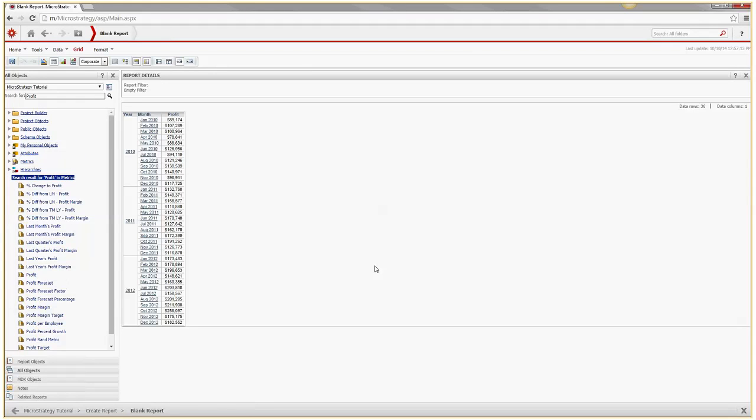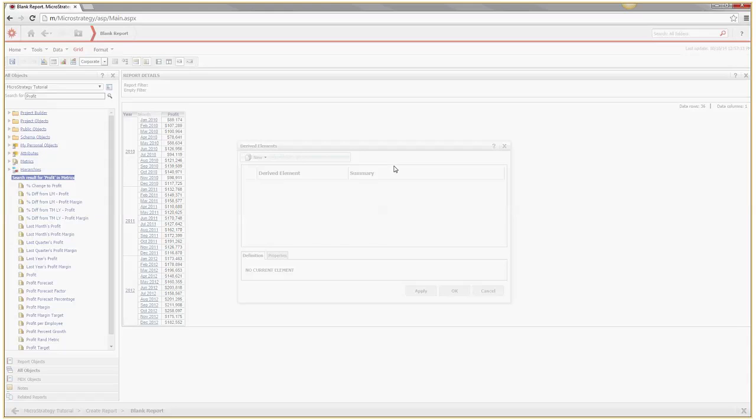Okay, now let's change this long looking report from months to quarters. What you're going to do is right click on the header of the month till you see this window popping up, and you should select derived elements. So click on derived elements and you should get this editor over here.